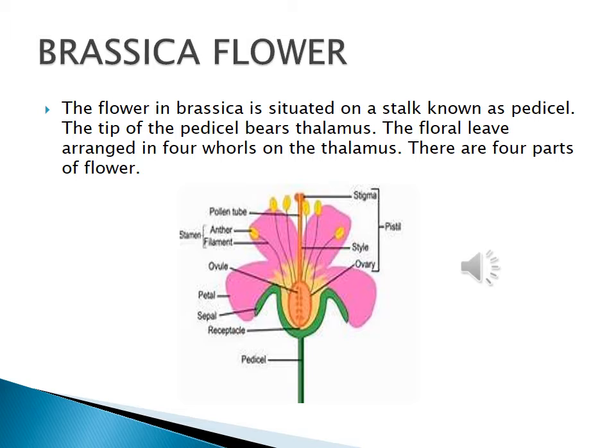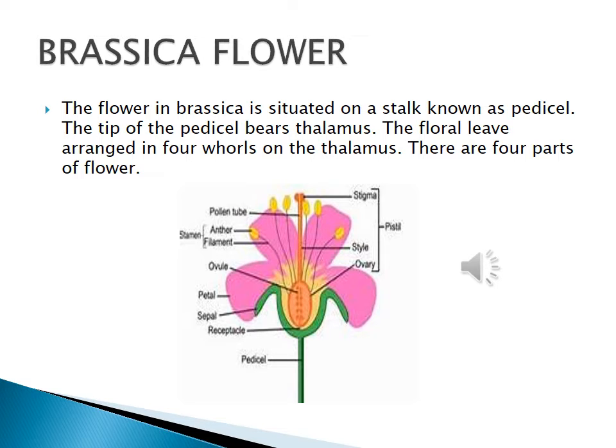Today we discuss the brassica flower. Page number 48. Brassica flower. The brassica plant bears a small yellowish flower. You know well, flowers are the most beautiful and important part of the plant. They are arranged on young branches in a special way. Normally, flowers are divided into four basic parts. You can see the diagram.